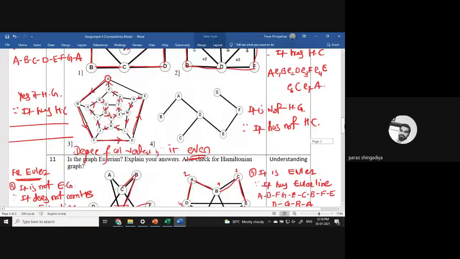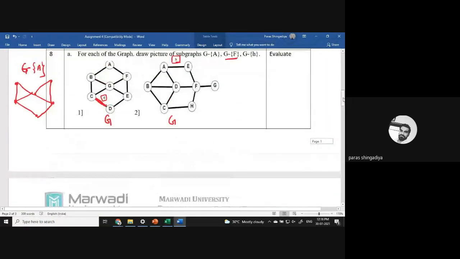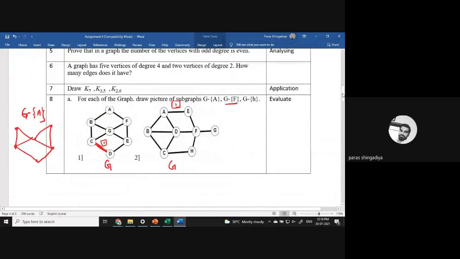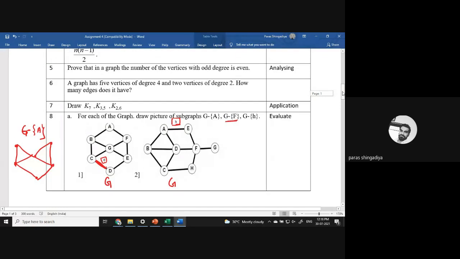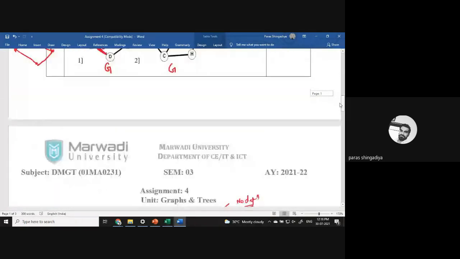So prepare all the topics, all the details, for 1 mark, for 6 marks, for 8 marks, clear? So practice it whenever you are free. Start the practice of this unit, and we'll solve doubts during the lecture session. If you have any doubt, okay, otherwise in lab sessions also. So 4 questions are remaining in this assignment.